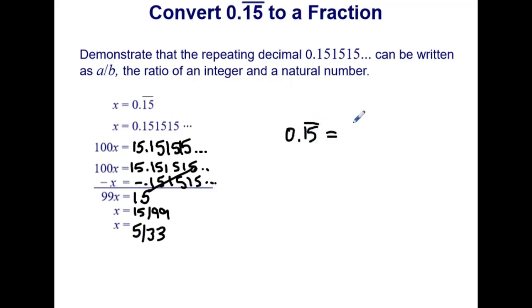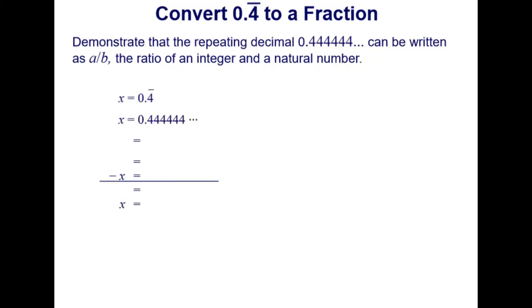0.15 repeating is the same as the ratio 5 over 33. Let's see what 0.444, or 0.4 repeating, can be written as. So if x is 0.4 repeating, we expand it, and then we need to multiply both sides by a factor to get a whole number in the number itself. It's a 1-digit repeating decimal, so we're going to multiply both sides by 10 to get